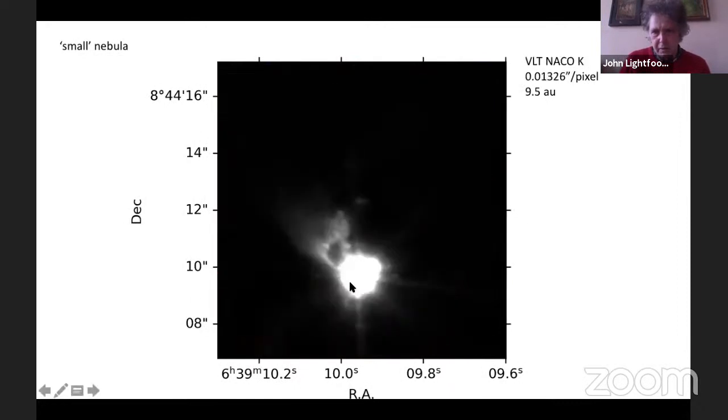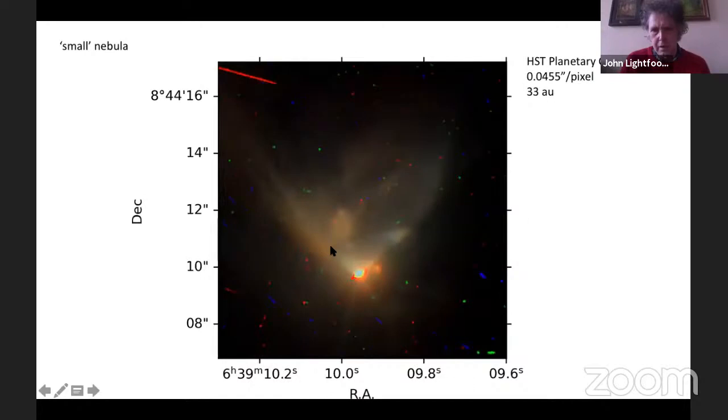you can see that this blob here is around Armon A, has become symmetric around Armon A. So this is K at 2 microns, so it's a much longer wavelength. So we're seeing much less effects of obscuration. So we can see the top part of the South Nebula at least. This curve up here matches the curve on the edge of this bowl in the HST image, exactly.